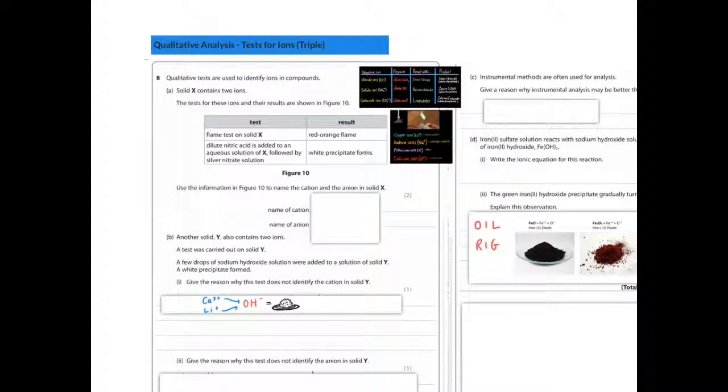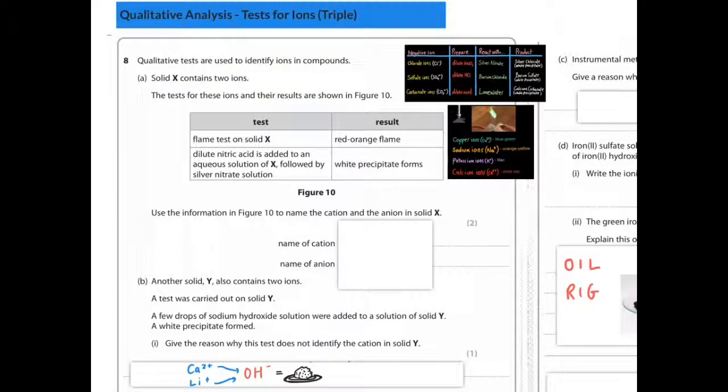Qualitative tests are used to identify ions in compounds. Solid X contains two ions. The test for these ions and their results are shown in figure 10. So a flame test on solid X produces a red-orange flame, so that will be the metal part of the